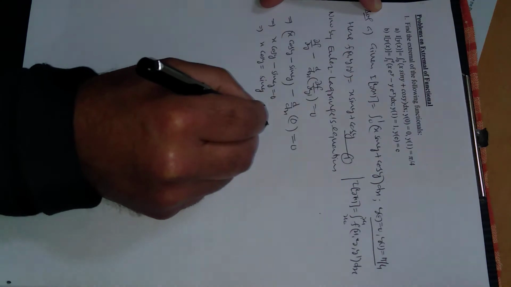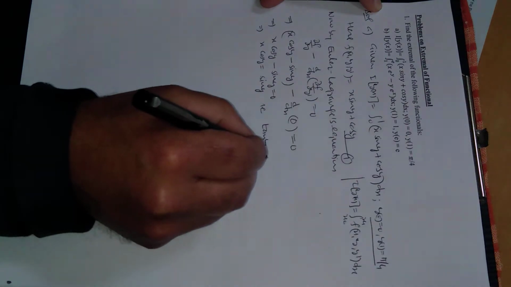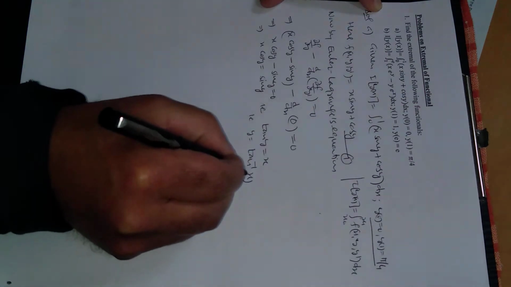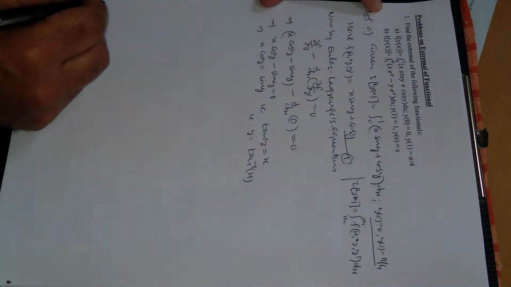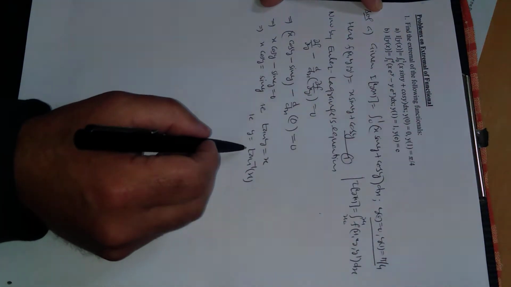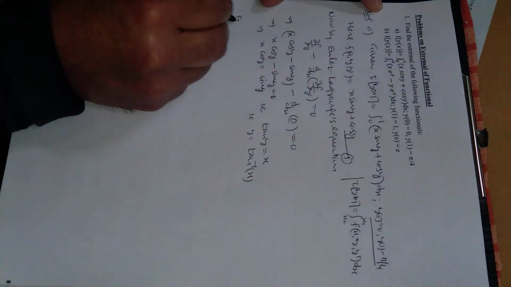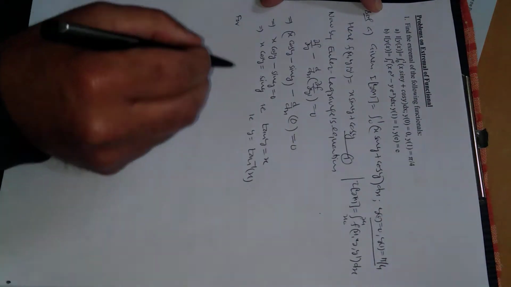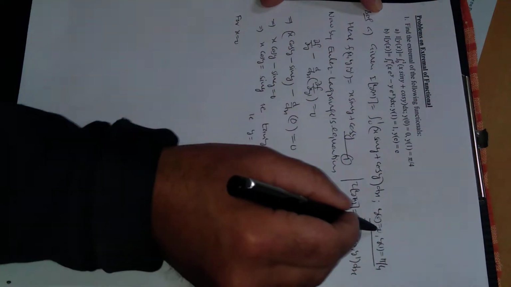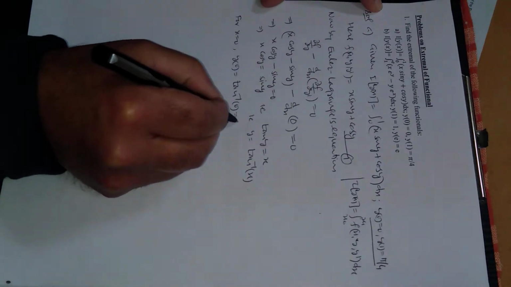Shifting cos y to the right hand side, tangent y will be equal to x. That is, y from here will be tangent inverse of x. This is what we want to find. Actually, on solving the functional, we will get the value of y. So y is tangent inverse of x. Now check these boundary conditions. This is actually y in terms of x. For x is equal to 0, y of 0 will be tangent inverse of 0, which is equal to 0.